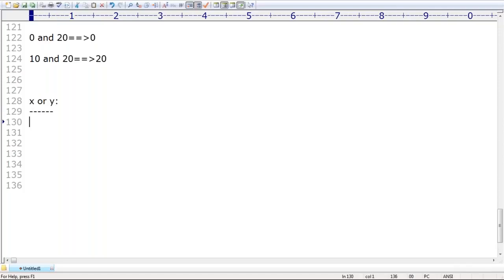In the OR operator, if the first one is true, then the result is always true only. So if X evaluates to true, then return X, otherwise return Y, sir. Are you able to understand?